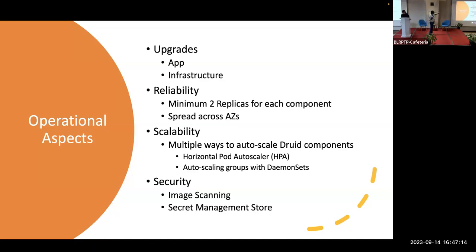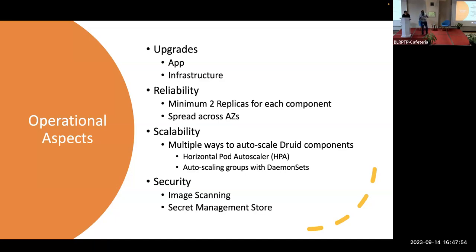Now, the another part is the scalability. Here we have used two things, right? The first part is the horizontal pod scaler. I think the folks who have worked on Druid in production must know about this. With the horizontal pod scaler, you can scale the pods using some metrics, either predefined ones like CPU, or custom metrics, which you can get from Prometheus or anywhere. Now, the horizontal pod scaler will always work with another component called the cluster autoscaler. Because the horizontal pod scaler, as the name says, will only scale the pods, right?